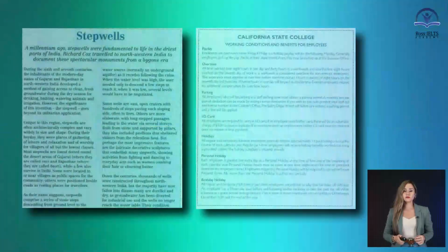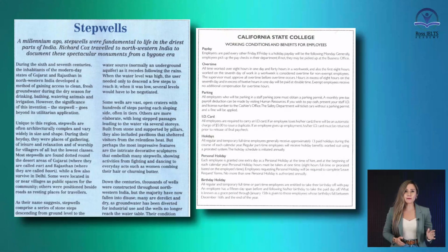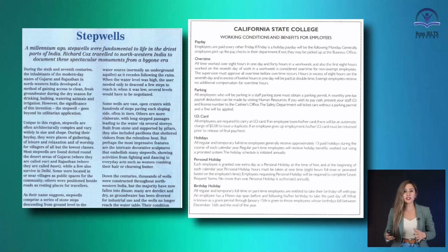Knowing it is important, as academic IELTS is designed for students who apply for admission to a university abroad, while general training is for other purposes like being a skilled professional. So, the reading passages in general training are easier, but they are not for academic purposes. For example, look at these samples here. As you see, the picture on your left is an academic passage as it is more difficult to understand with a wider range of vocabulary, while the one on the right is a general passage since it has shorter paragraphs and